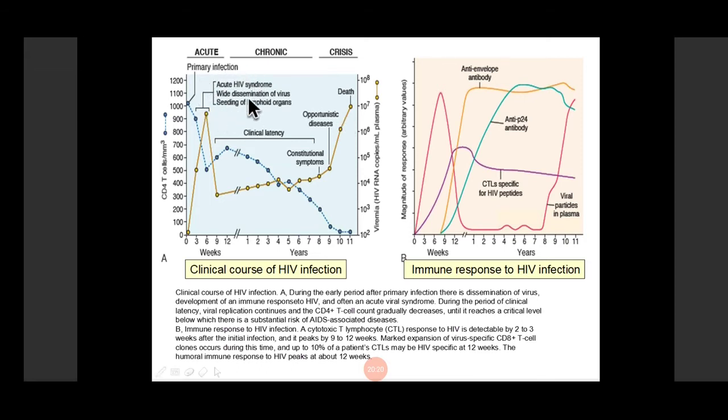One is the phase of acute viremia, followed by a clinical latency phase where the CD4 count is gradually decreasing and the virus is multiplying slowly. And the third phase is the rapid decline or the HIV phase, where there is rapid decline in CD4 count and sudden increase in the viral load, and clinically the patient presents with all the opportunistic infections of AIDS and full-blown features of AIDS. Okay, so we have three phases.